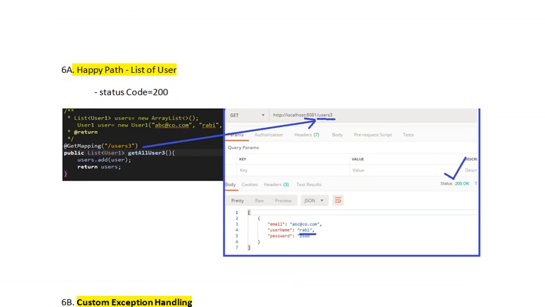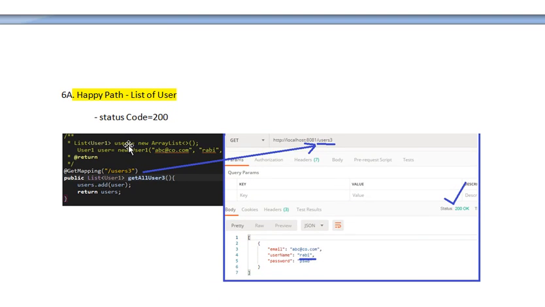Say with the happy path, you have written a list of users and you just fetch from the collection API, and the users added in the list are returned. In the GET mapping, what you will get is the list of users in JSON format and the status code is 200. This is a happy path,